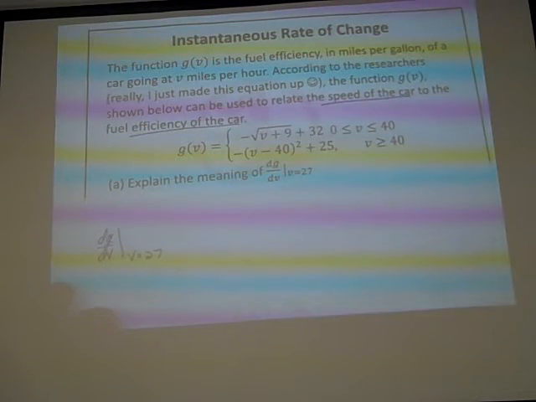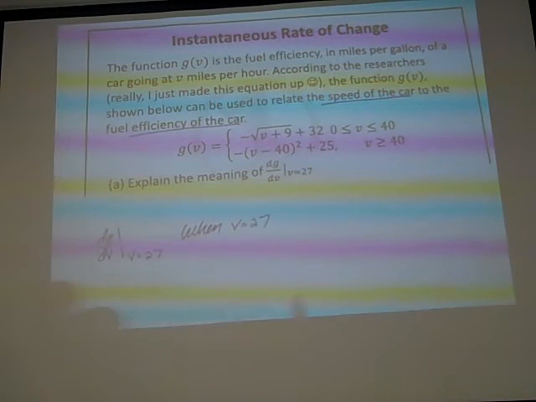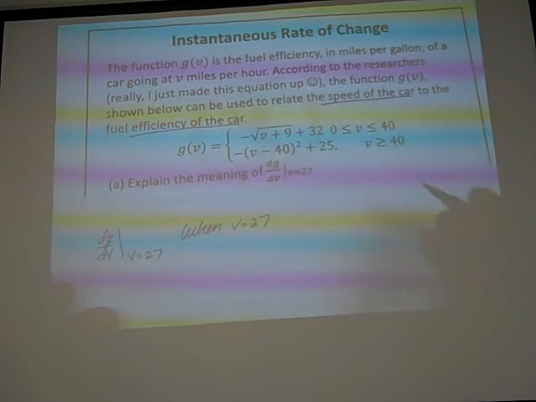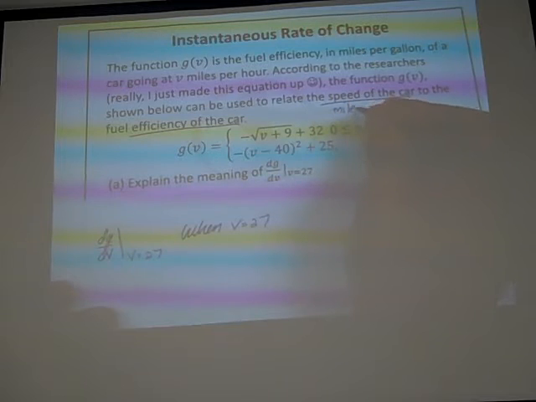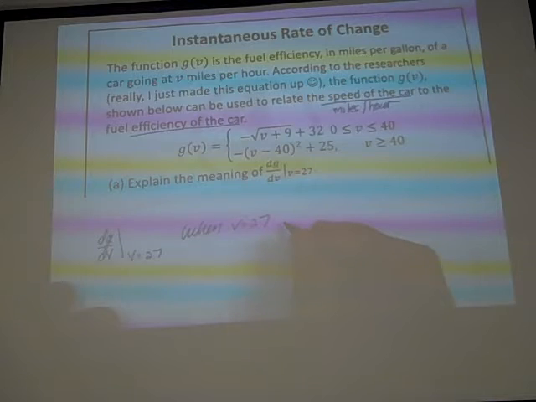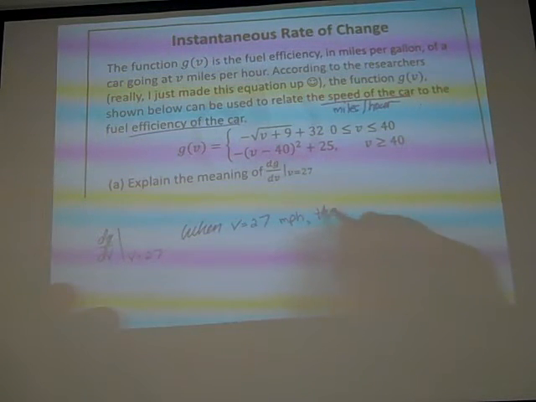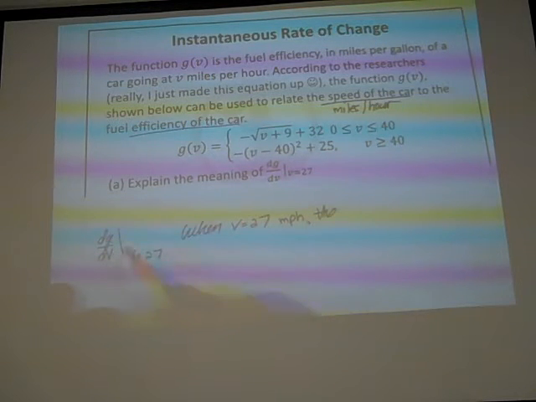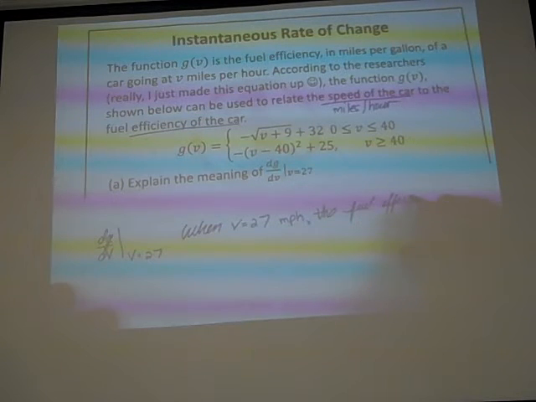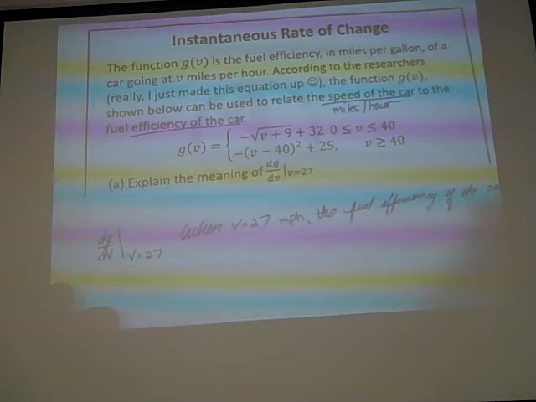Well, if I'm going to explain that, I'm going to say when v equals 27. Well, what was v? V was the speed of the car. And what's that being measured in? Well, that is being measured in miles per hour. So when the velocity of the car is 27 miles per hour, the g, what's the g? The g is the fuel efficiency of the car